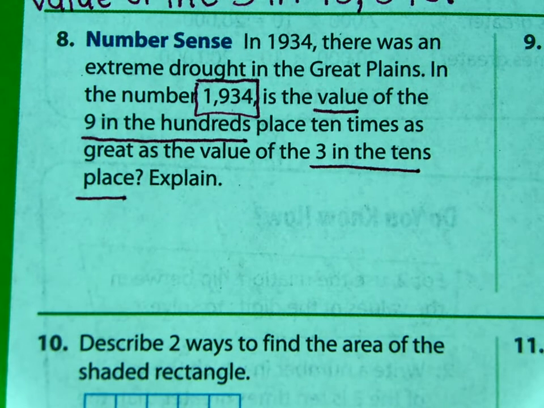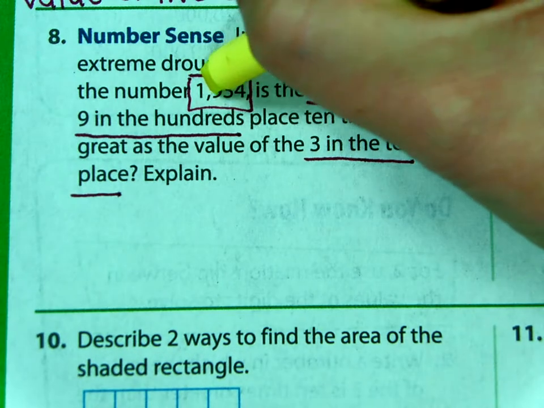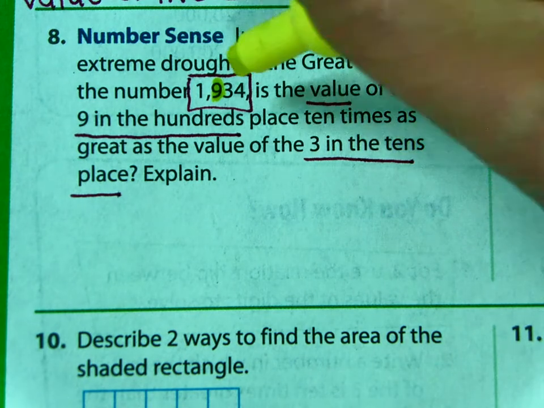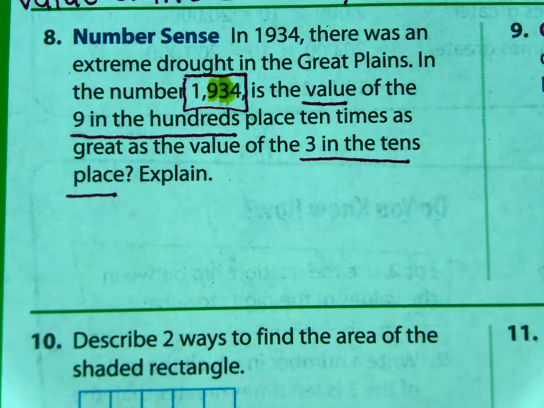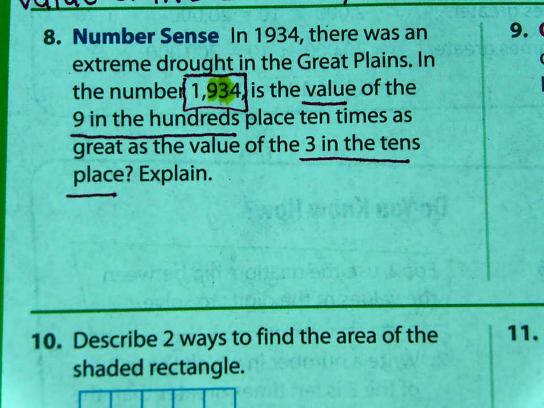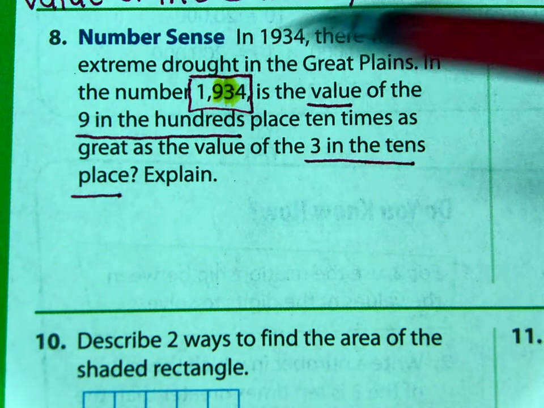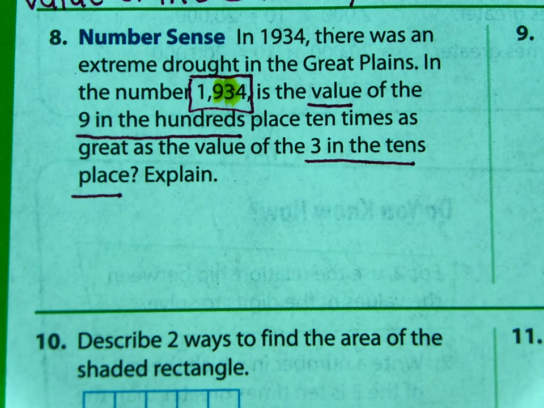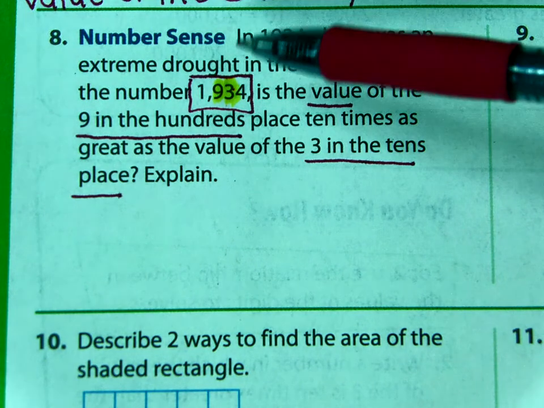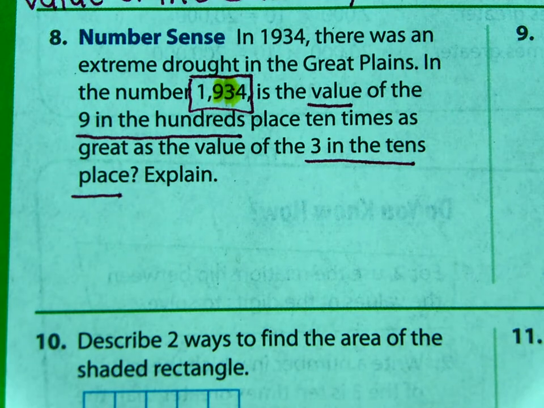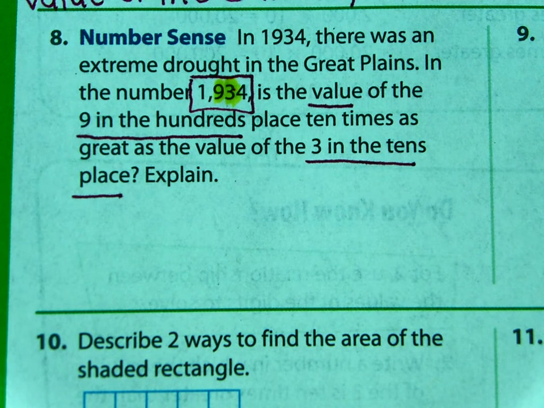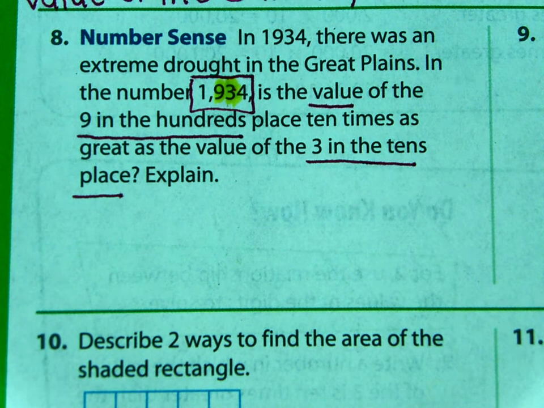So they're trying to trick you on this one, guys. Because if we look, we're talking about this 9 and this 3. And we know that when we move from the tens place to the hundreds place, we're increasing 10 times, right? It's 10 times greater. However, can we compare a 9 and a 3? No. These have to be the same number in order to say that they are 10 times greater. So, we might answer this question by saying, no,